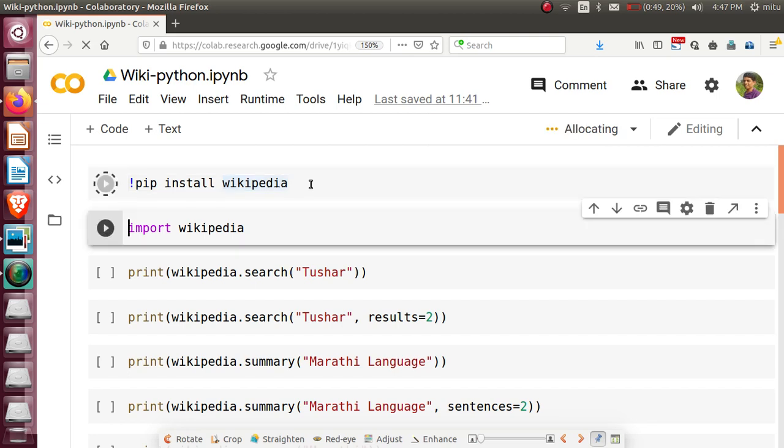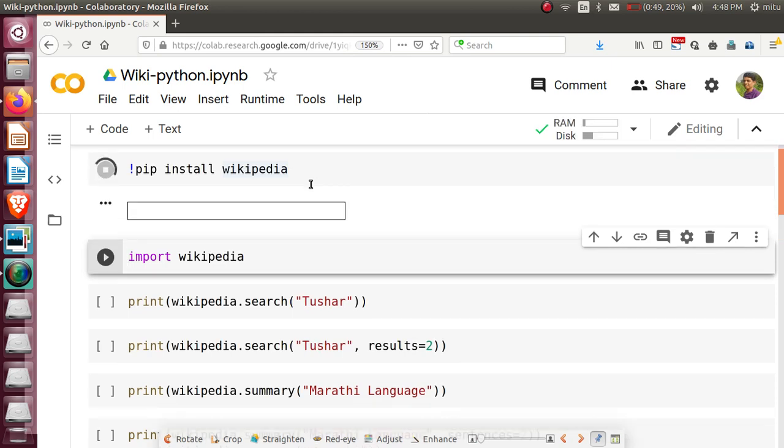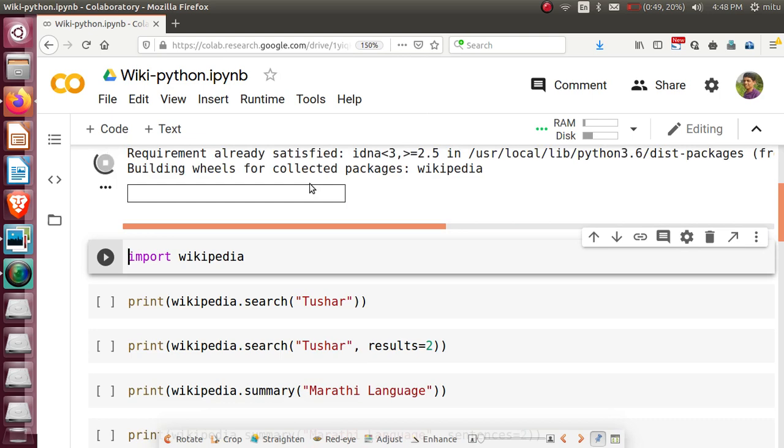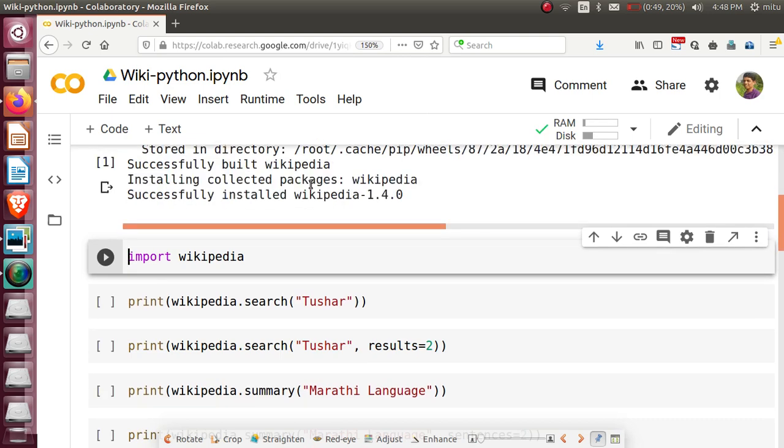Just install that. When it gets installed, it will download the Wikipedia package from the net and install it in your system. It's downloading and searching for the Wikipedia package right now. I just executed the statement, and once the package is installed, let's see how exactly it will work to communicate with wikipedia.org. It's collecting, and now it's installed: Wikipedia 1.4.0, the currently available package, is now installed on your system.